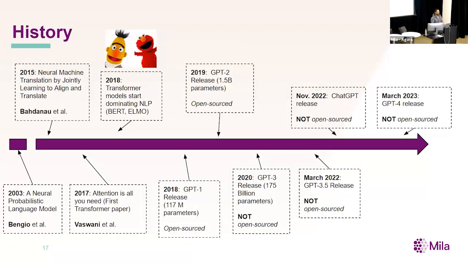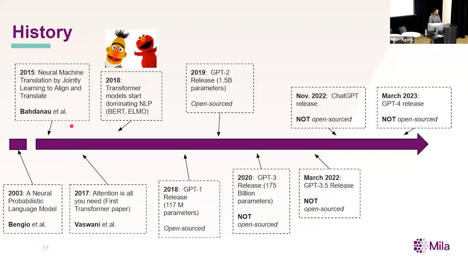So now let's do a brief history of how we got to these GPT models. There's obviously a lot of history. I can't fit it all into this slide. I tried to make it such that we also get some contributions from certain Mila members who contributed to lots of these works. I obviously can't include everything, but I think a nice place to start is a 2003 paper by Professor Bengio himself, A Neural Probabilistic Language Model, where they describe how you could do next word prediction using neural networks. And this was in 2003, a long time ago, way before we had the power of GPUs to power these computations and knew how to scale these methods.